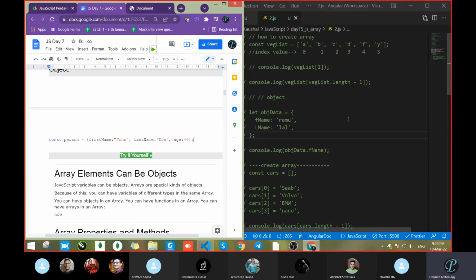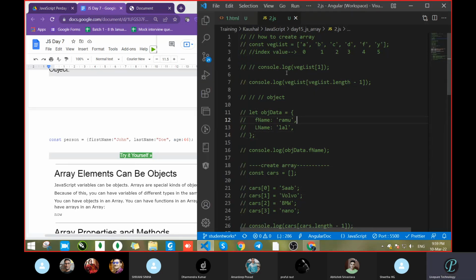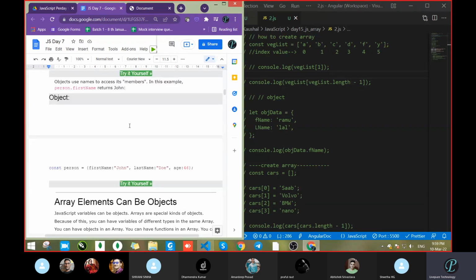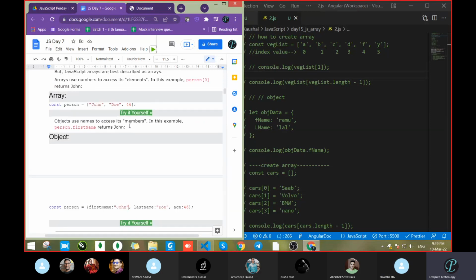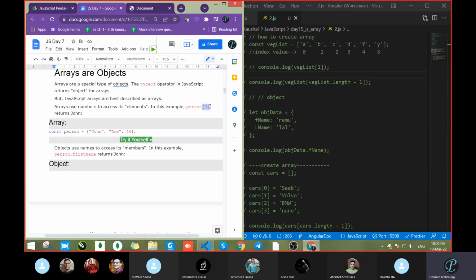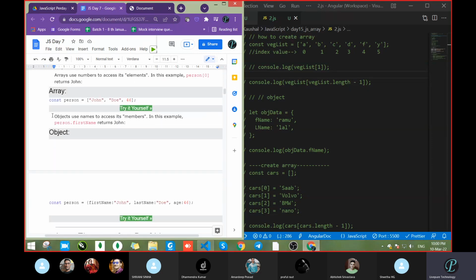But in the case of an array, how will you access the data? With the array and passing the index value, 0, 1, 2, 3, 4, 5, whatever is there. So this is the answer to Abhishek's question. He had asked at that time what the difference is in both cases. In an array, we access the data with the help of index 0, 1, 2, 3. But an object, see this line, object username like this one. This is one array. This is your object. Correct or not?